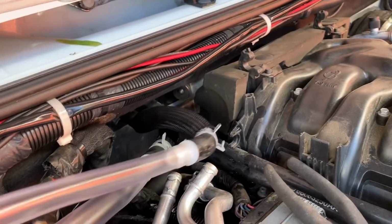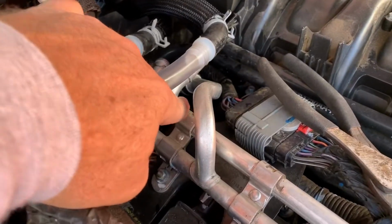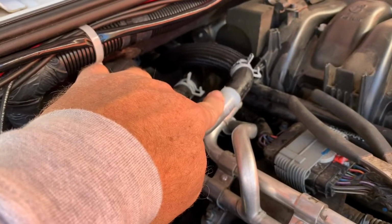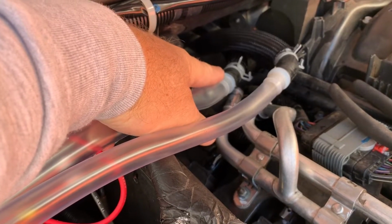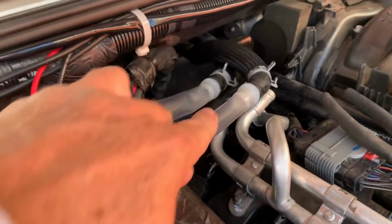Okay, so I got the hoses hooked up. This hose here is coming off of this coolant line right here. This is normally your coolant into the heater coil. This line here, this is normally your coolant line return from the heater coil. So what I have here, this line here, since this is the inlet, this is going to be my dump